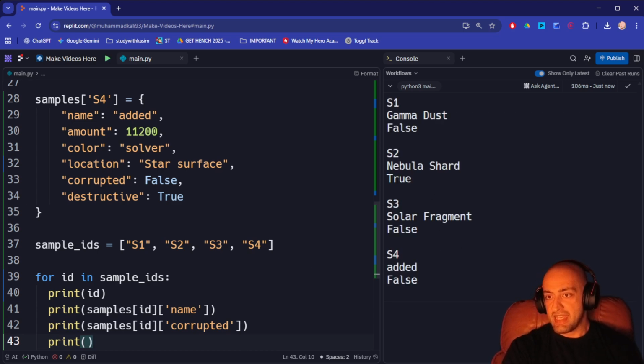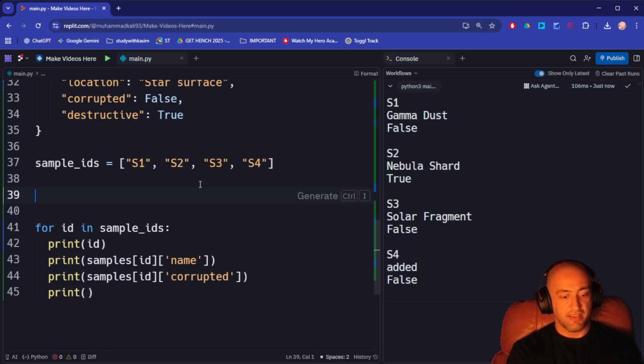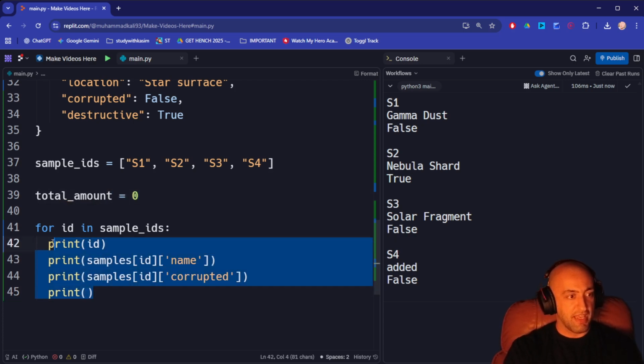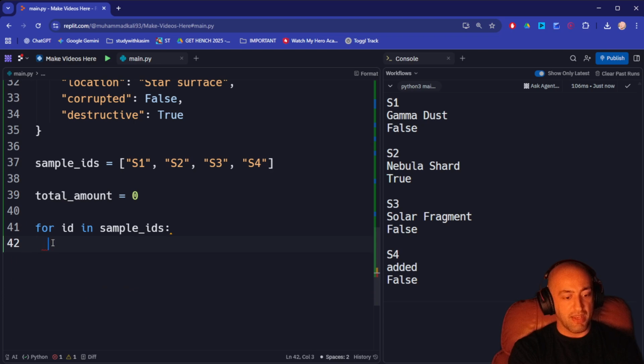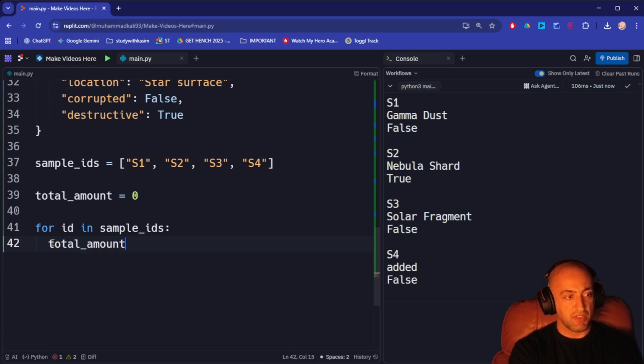Great. And okay, so we've done that. And now we want to write a for loop that calculates the total amount across all samples. Okay, good. So let's have a total amount like so. So we're going to say equal to 0. Then total amount is now plus equals,